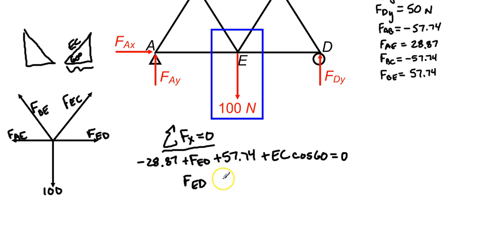Hopefully we'll figure that out. We don't know what EC is, so plus EC times the cosine of 60 is equal to, and if I plug that into my calculator,